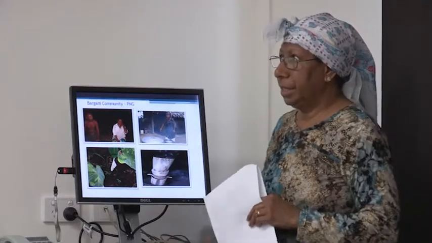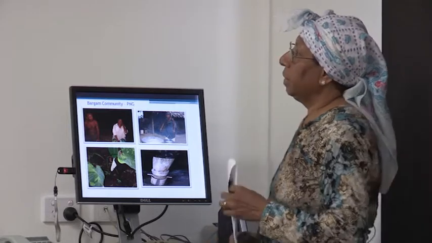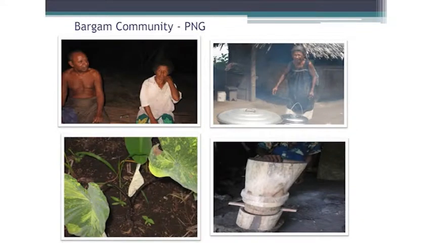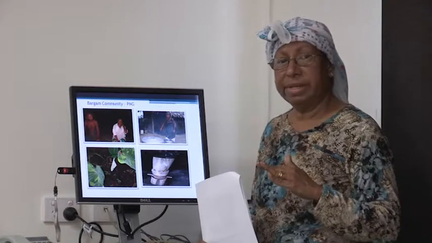An introduction to the community through photographs. From the top left-hand corner, there's no electricity in that community to start with. And on the top right-hand corner, a lot of work is still being done by women, and women are the ones who are thought to be, in a lot of agricultural literature, the ones who carry the bulk of the load for food security in households. So a lot of work in this community is still done by women, although there are some changes now.